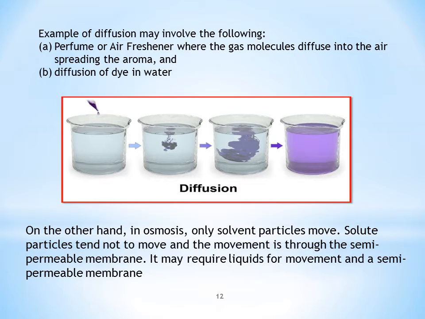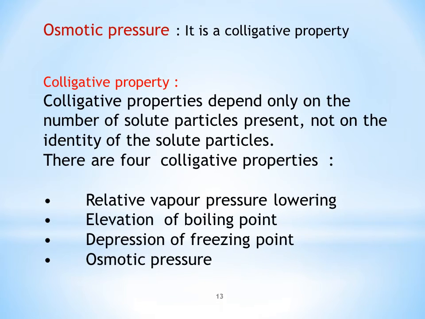It is dipped into a beaker containing water. The outer layer of the potato serves as a semi-permeable membrane. After some time interval, it is observed that water, being of low concentration, enters into the potato which contains a higher concentrated sugar solution. So by osmotic pressure, it is again one of the important terms related to osmosis. Osmotic pressure is nothing but a colligative property.